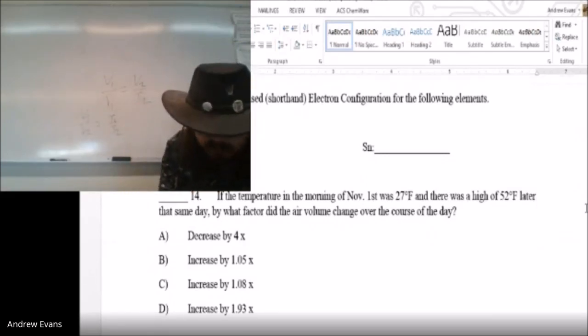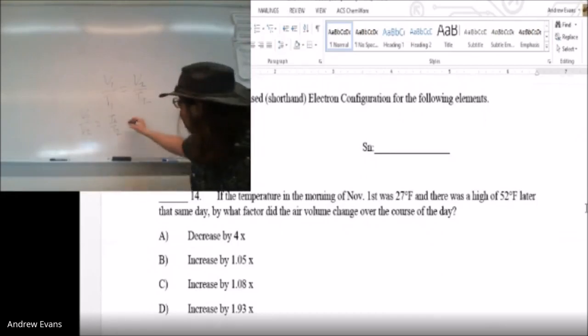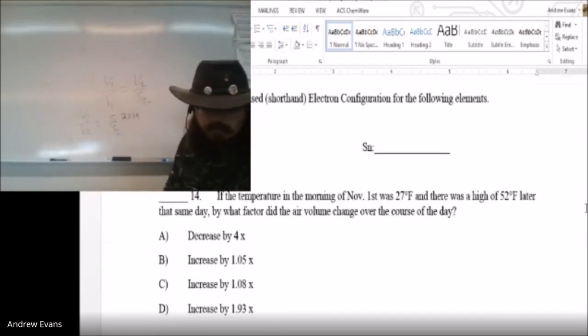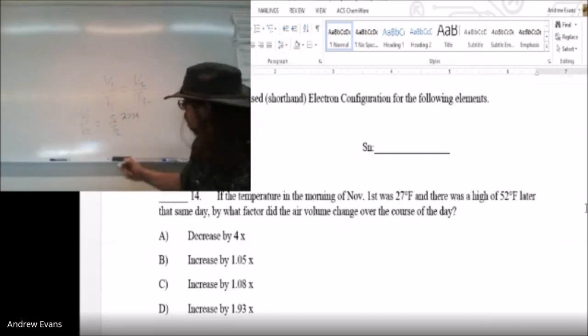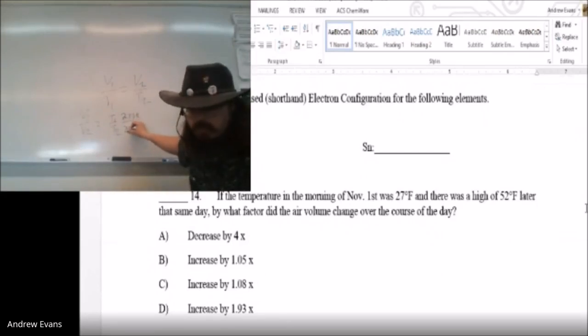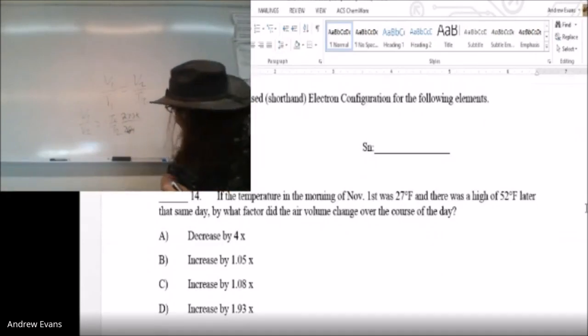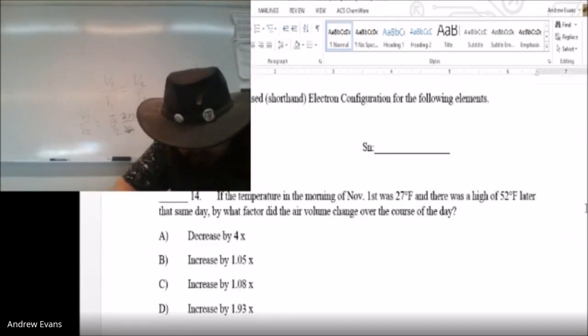So 27 degrees Fahrenheit minus 32 times 5 over 9 plus 273 puts us at 270 degrees Kelvin as the first temperature. 52 minus 32 times 5 over 9 plus 273 puts that as 284. So if it went from 270 to 284,